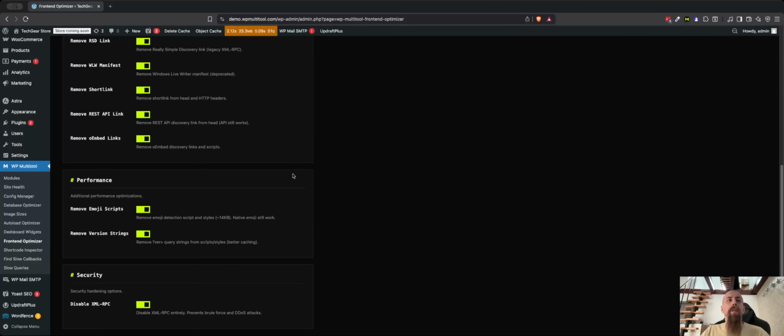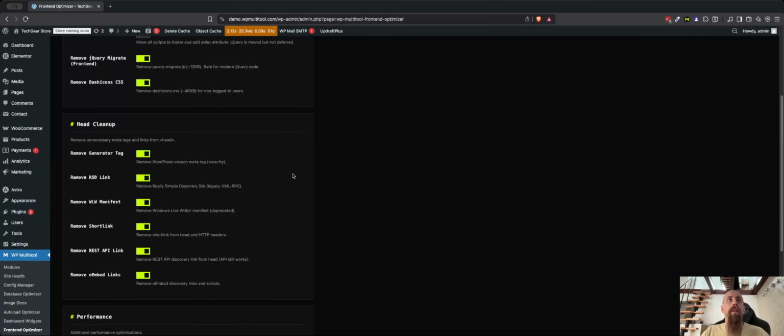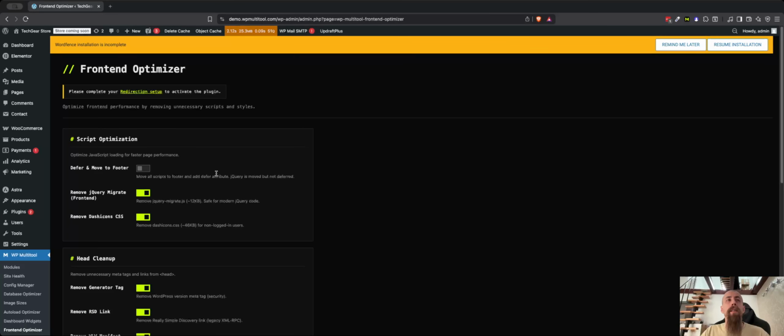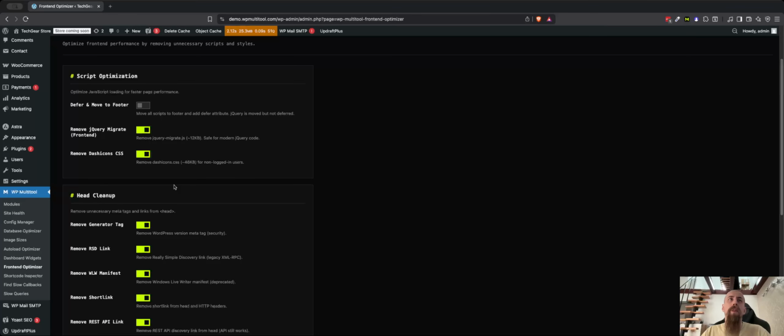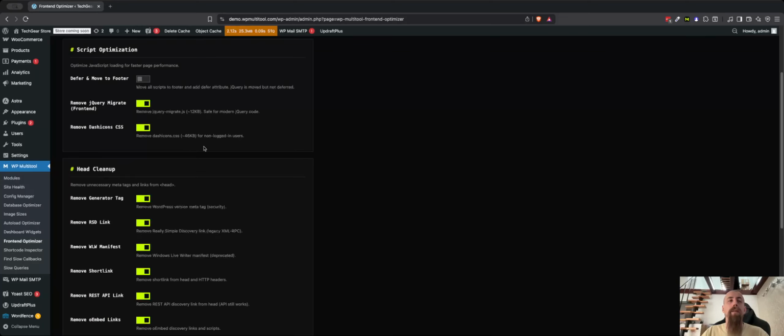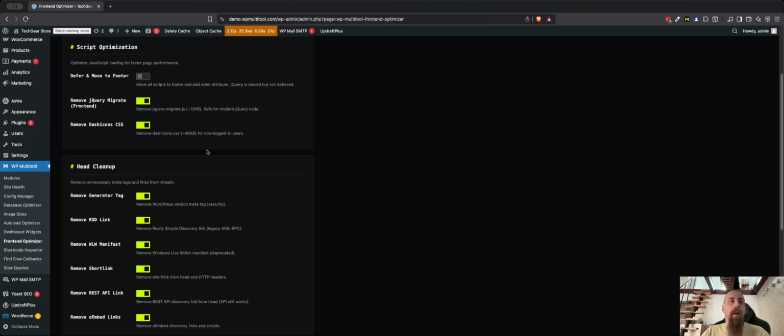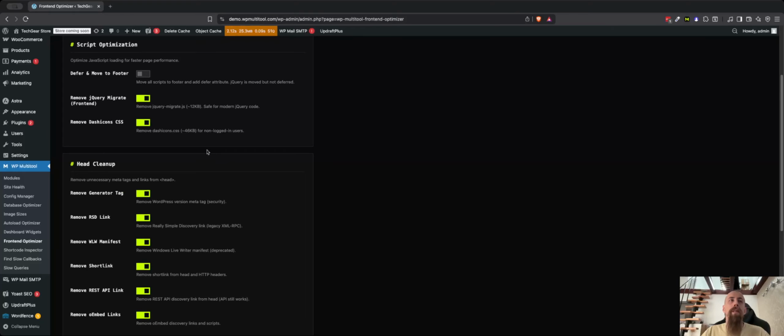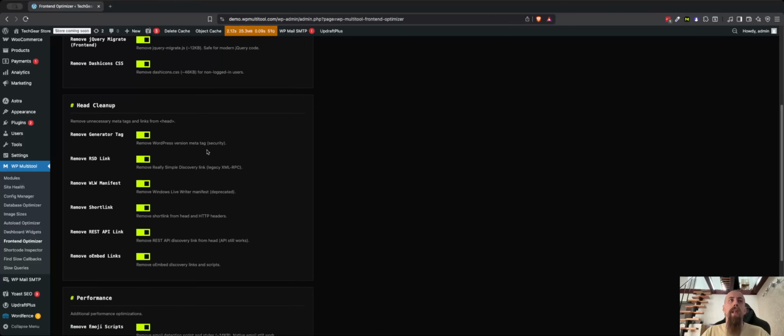These are the default options. Besides one of them, which is deliberately not enabled by default, everything else is. These are the options that are, from my experience, pretty much standard, and they are safe to be enabled on any site. But if you know that your site relies on any one of them,